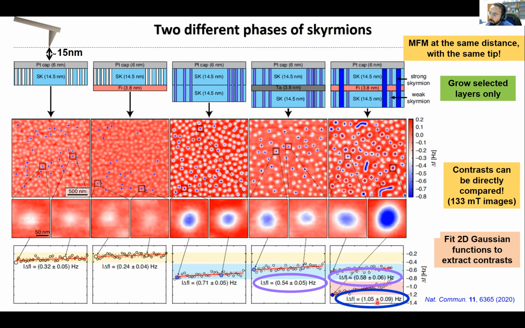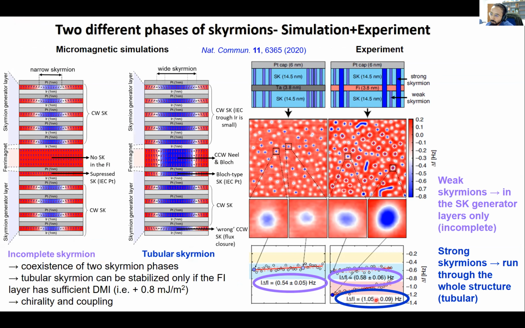Now, to explain this, as I said, we took help from simulation. And from the simulation, what we could understand was that there are two kinds of skyrmions that were generated. One was skyrmions generated in two different ferromagnetic layers separately, with nothing in between in the ferrimagnetic layer. But there were the high intensity ones where the skyrmion kind of punctured through.